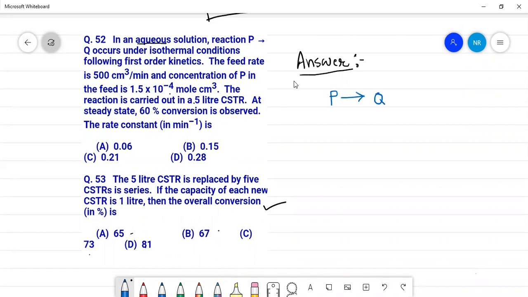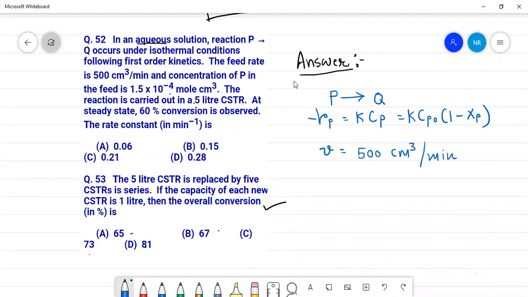P gives Q occur in isothermal conditions and rate reaction R of P is equal to KCP. And we can also write down KCP0 1 minus XP. We can write down like this. And feed rate V is concentration 500 centimeter cube per minute. And initially,